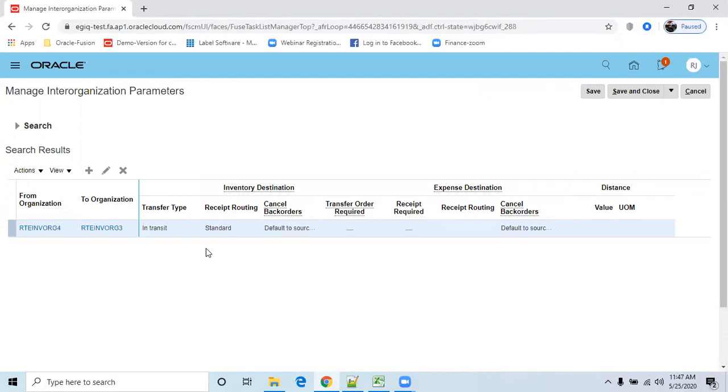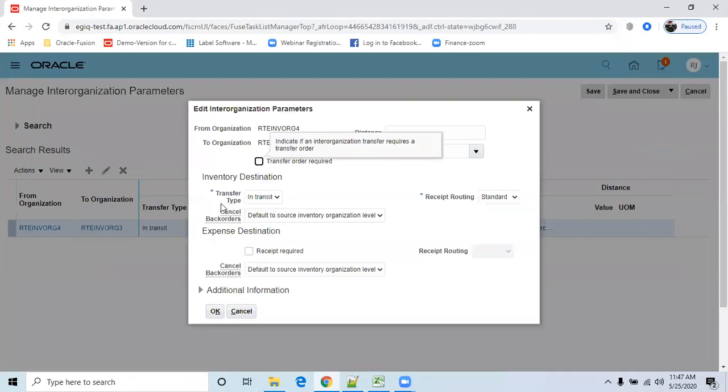We set this up previously, where the transfer type was direct. Where we are facing the problem is if the transfer type is in transit; at that time we face some issues while transferring the material to the destination organization.